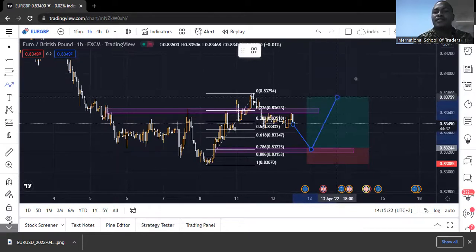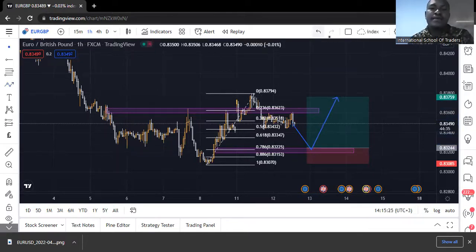Right? Cool. So even though the market is still expected to go all the way up, that is what I'm looking at. I don't want to see myself losing, even crying over my demo money. But losing is part of the game. Losing is part of the game, right? So don't worry about losing, as long as we lose in a way that we manage our risk, and all of those things.